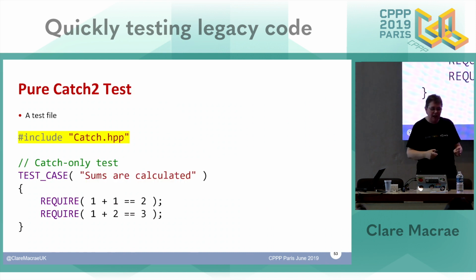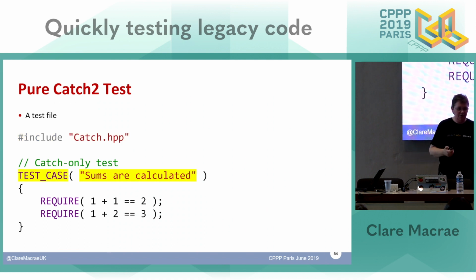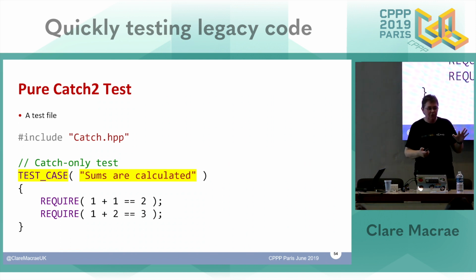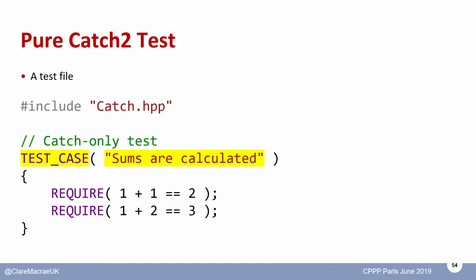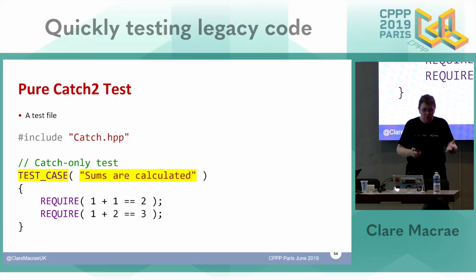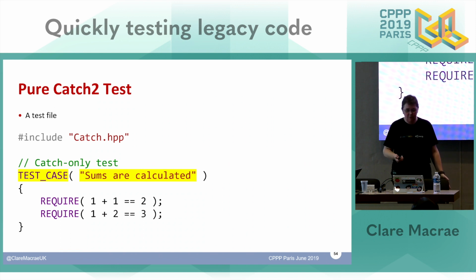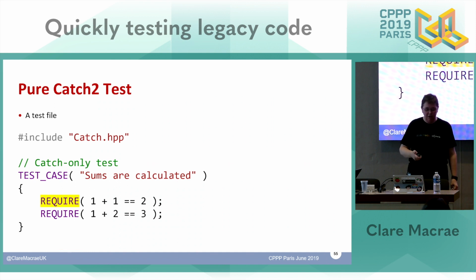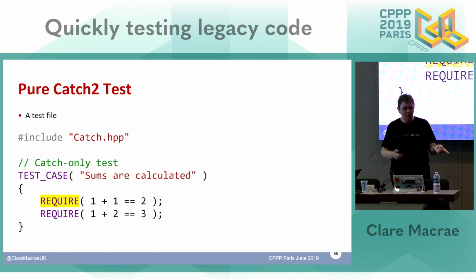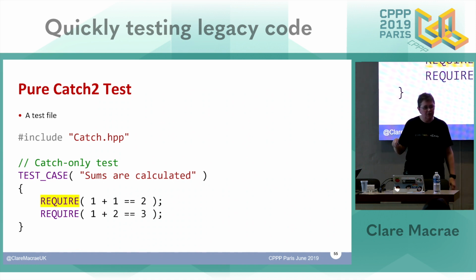This is what a pure Catch2 test looks like. This is no approvals test on this slide at all. You include the Catch header. All your tests begin with TEST_CASE, normally, and then you give your test a name. And in Catch, the names of your tests are strings. They can have spaces in. They're not symbols that are compiled in C++. And then Catch has this REQUIRE macro for the thing that you're testing. So you're requiring that 1 + 1 = 2 is true. And you can have as many REQUIRE statements as you like in your tests.